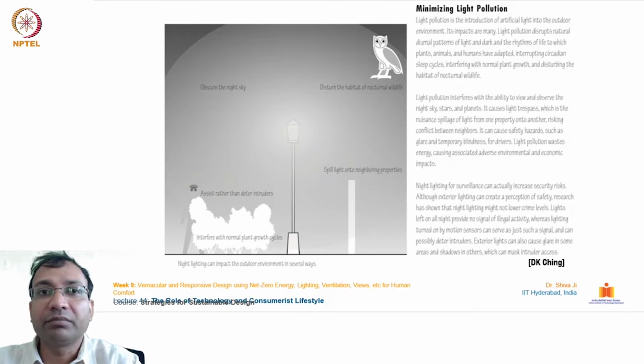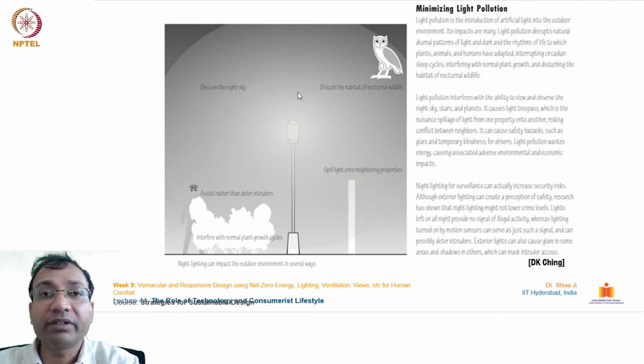Now we will discuss some other forms of pollution and some human comforts. So lighting is one of the less talked about pollutions. And the excess of this lighting, when it goes beyond requirement, turns into a polluting element. So you see this illustration. This talks about the lighting which we generally use at night time. How it becomes a polluting thing for nocturnal life, like wildlife and birds. They get a disturbance in their sleeping pattern,